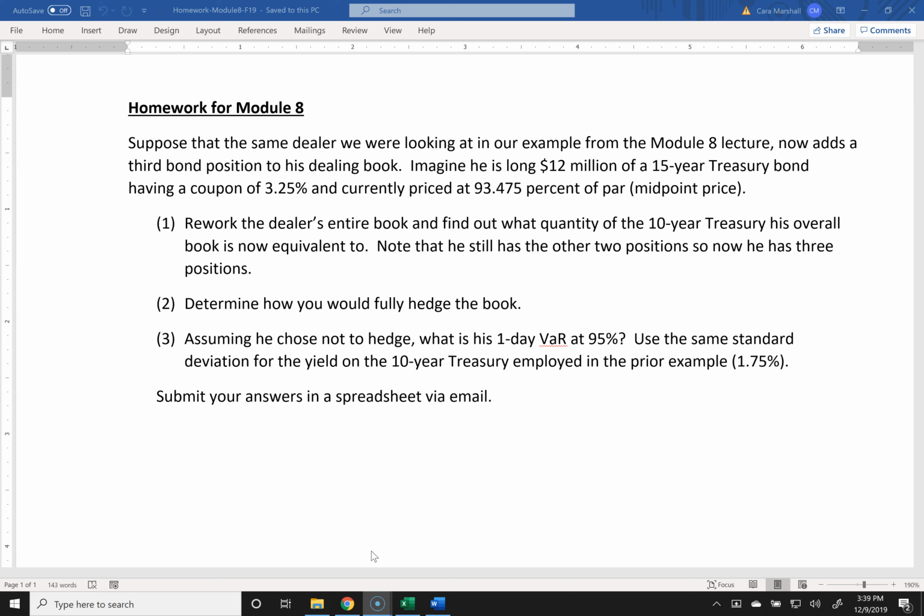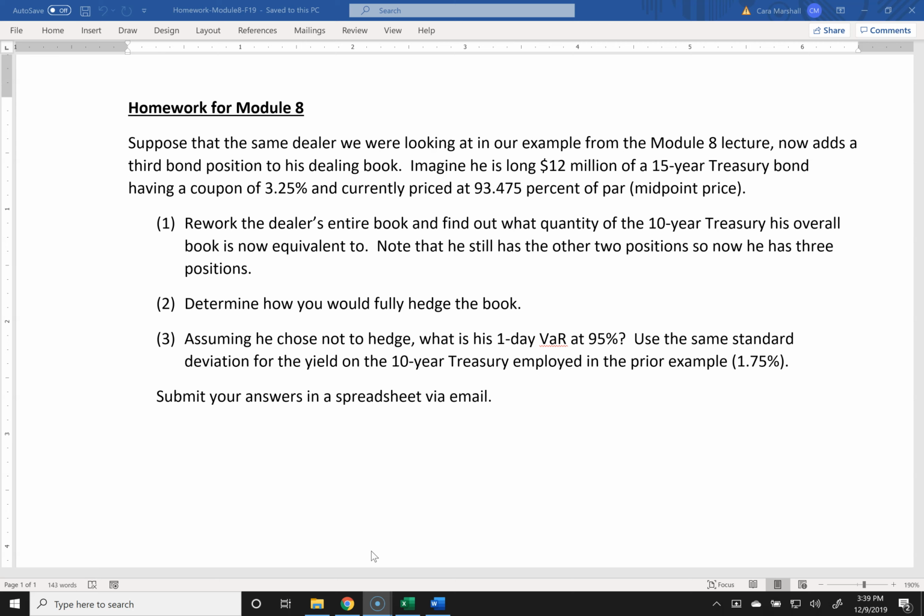So in this case, we have the two bonds. We wanted to add a third bond position to his dealing book. And in this third position, he's long 12 million of a 15-year treasury bond with a coupon of 3.25%, currently priced at 93.475% of par. So basically what you had to do is rework the entire dealer's book, given those three bonds